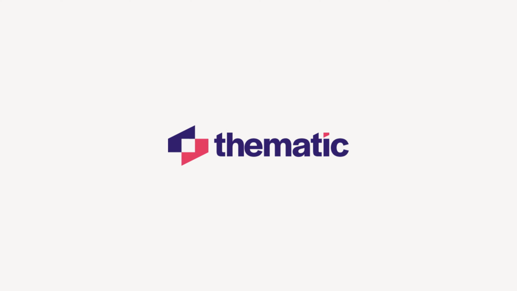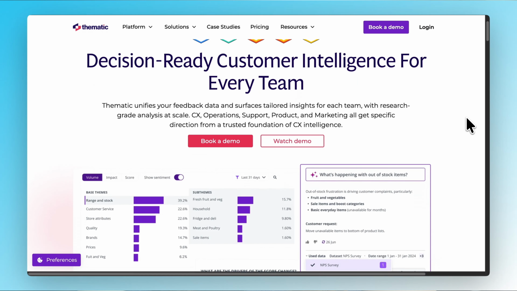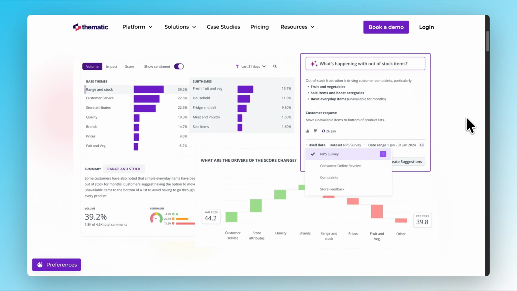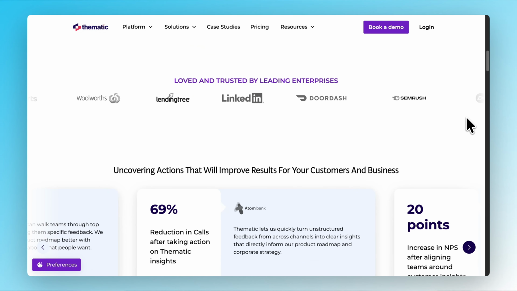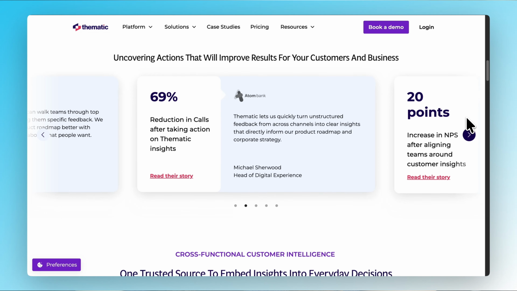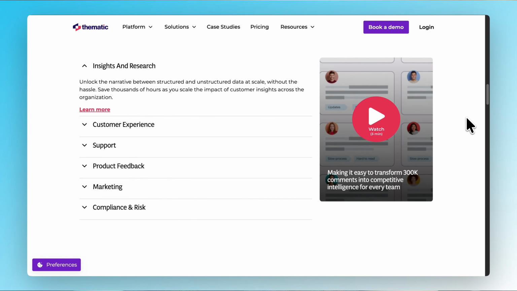Second, Thematic. Now, if your primary need is pure thematic analysis and you want AI to focus almost entirely on identifying what customers are talking about and how these themes evolve over time, Thematic is one of the most specialized tools you can use. Thematic is built from the ground up for AI-driven theme discovery. It doesn't try to be a full feedback platform or a workflow system. Instead, it focuses on doing one thing extremely well, helping teams identify, refine, and track themes across large volumes of